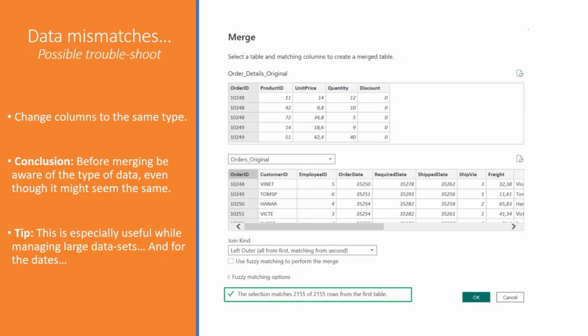So it's important to have this in mind, and also that it's possible from Power Query to change the settings, if you feel more comfortable doing this, or you prefer Power Query